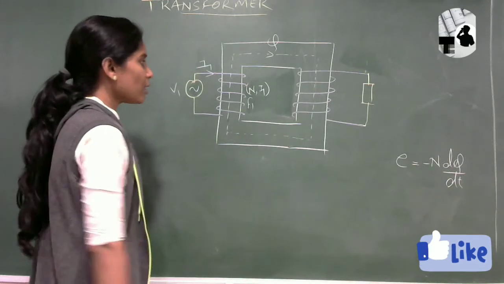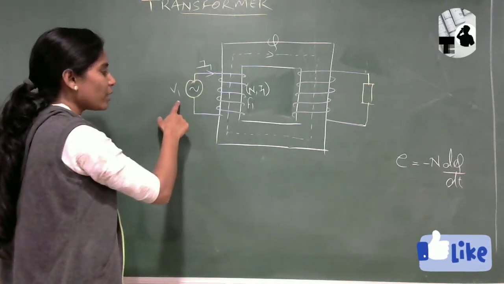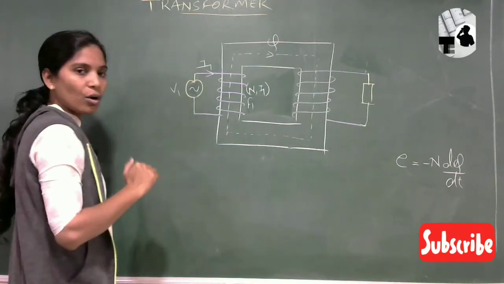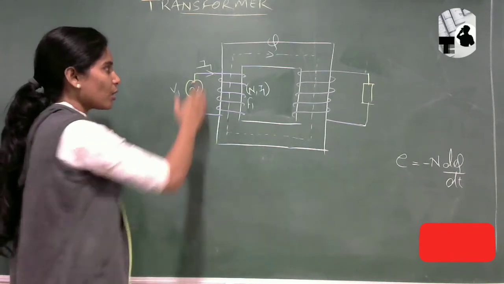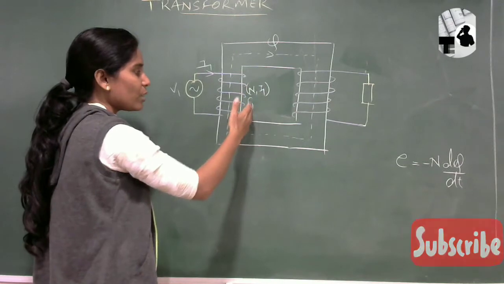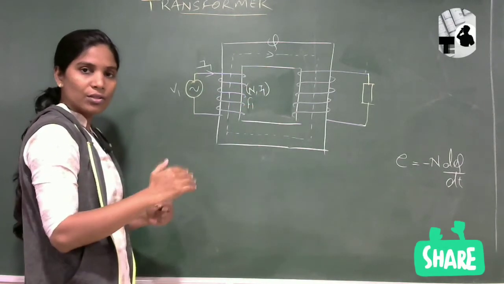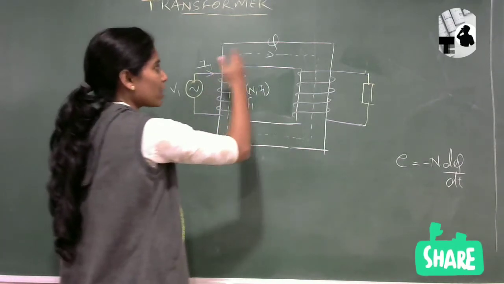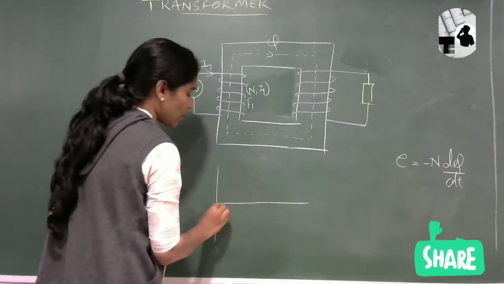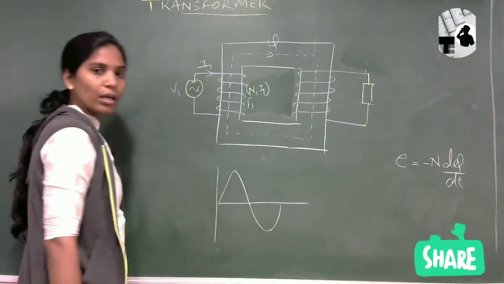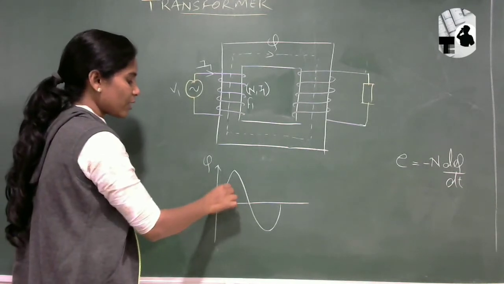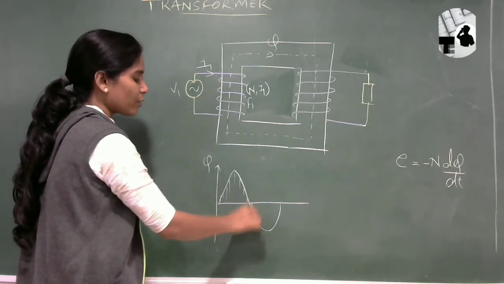Now what is the difference here? The difference is as V1 is of changing, alternating nature, due to that I1 will also be of alternating, sinusoidal nature. That means you will get change in magnitudes, and because of that N1 into I1, meaning MMF, will also be of alternating nature, and due to that the final flux will also be of changing nature. The final flux what we are getting here is of sinusoidal behavior. So sinusoidal behavior we are getting for the flux. That means at every instant of time, I am getting different magnitudes for the flux.